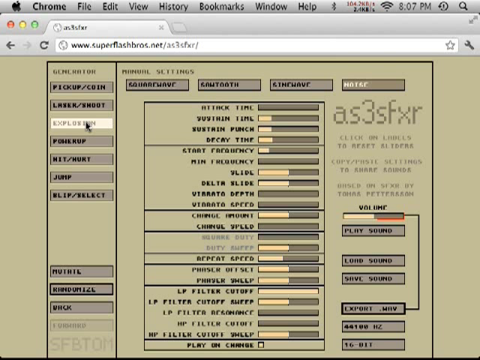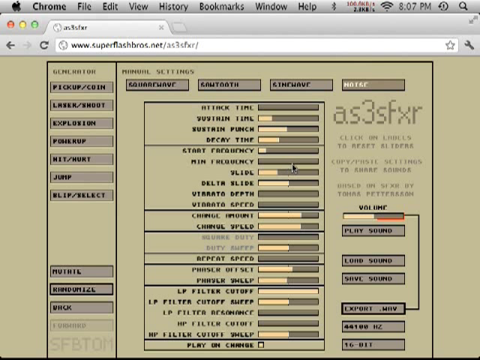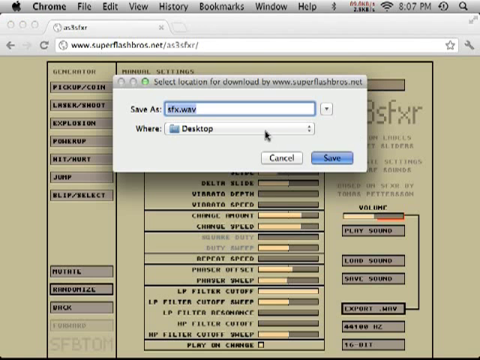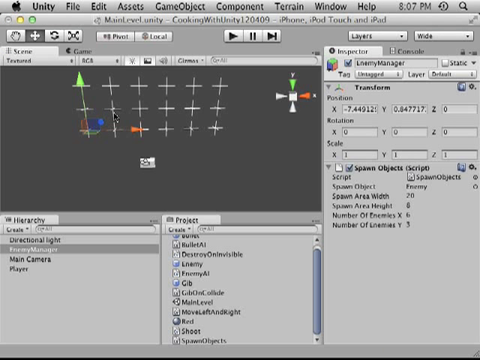I could spend too much time on this. There, I like that. It has a little bit of an oomph to it. Alright, I'm gonna call that one death.wave. I saved that to the right place, right? Yeah, I did. Okay. So now we've got two sounds, and I'm gonna bring them into Unity,